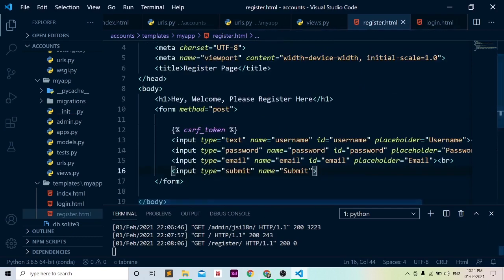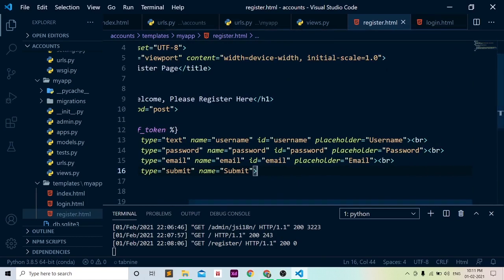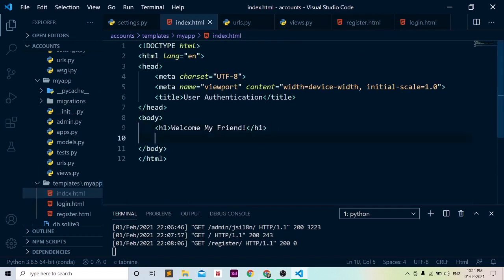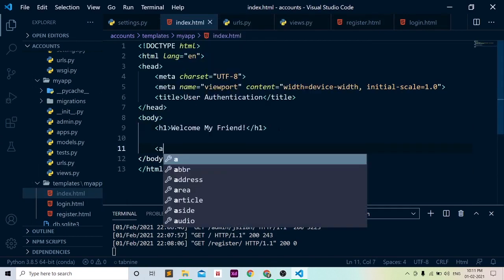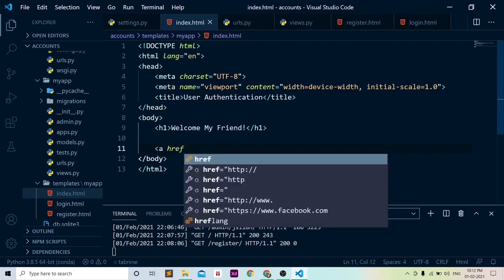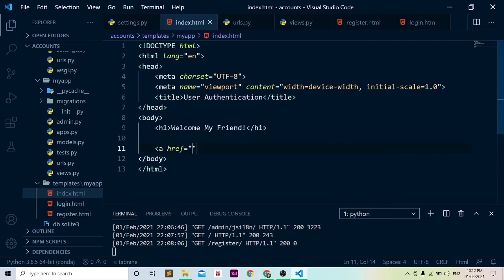Now in the index.html file, where is the index.html file? Let's close all these things. In index.html, we will create one anchor tag with href, that is, the link, equal to, we have to use this URL formatting, and here the register URL will come.